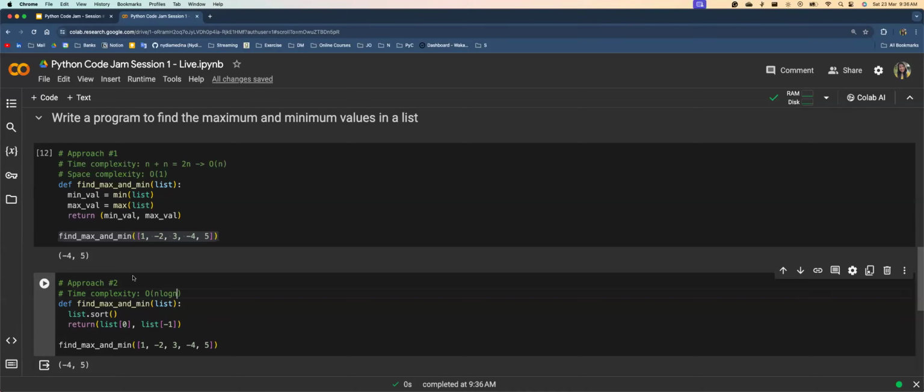Why? This is because of how the sort function works. Basically all the sorting algorithms start with n log n. For example, the simplest sorting algorithm is binary search, and what we do in that one is divide and conquer, right? So what do I mean by divide and conquer? We need to